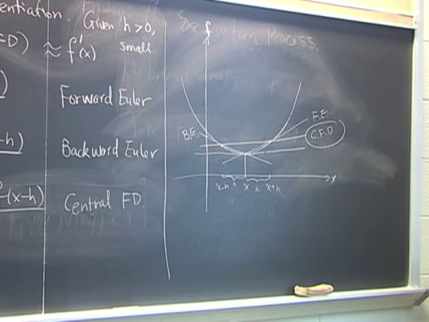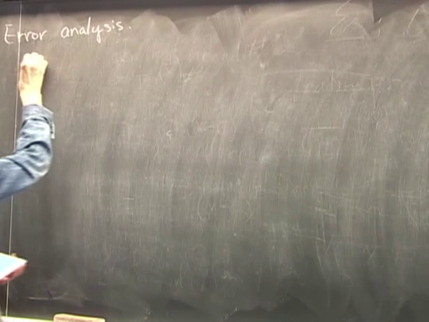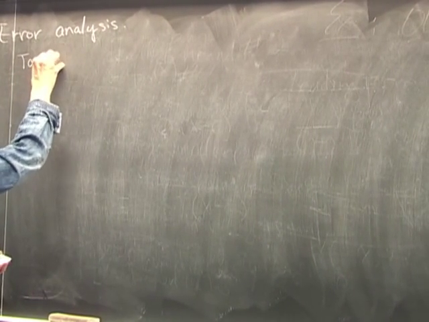Leave the Taylor series over. Okay, so I want to show you this way of making analysis. So error analysis, how big is the error? And in particular, we'll learn how to find the order of the method. Okay, so we'll write out Taylor series again. So Taylor series